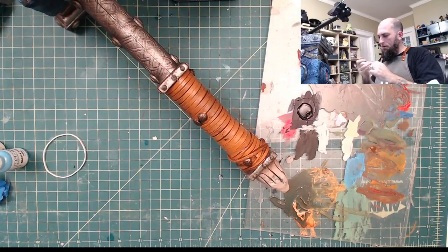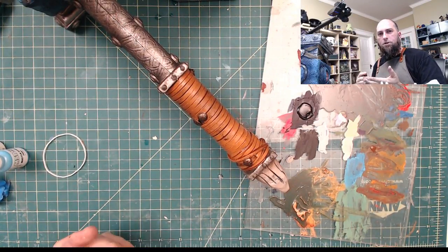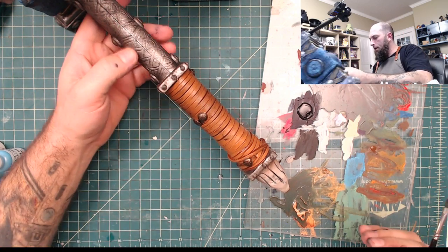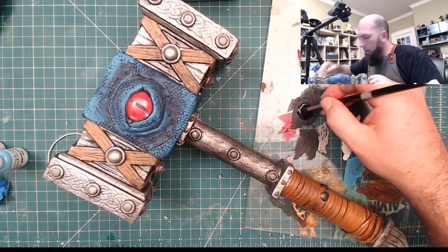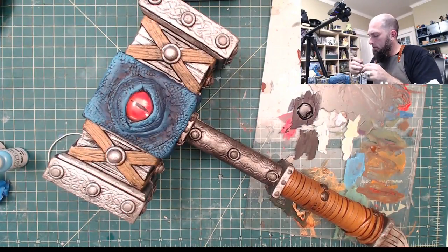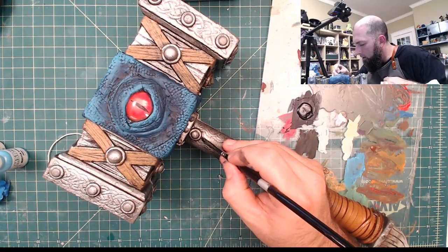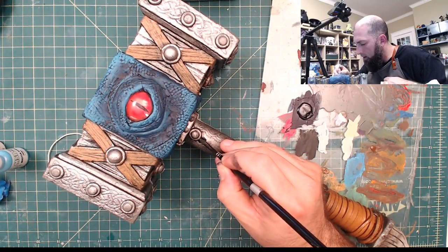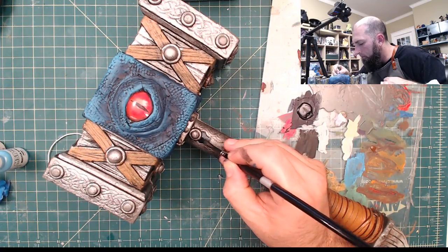Alright, so I'm going to do a little test because I'm not sure how this styrofoam is going to take the color. So I'm just going to take some of this Nightmare Black and pull all the moisture out of my brush. And I'm going to put it in this area that's a different pattern than the Celtic pattern along the side. Because I think if this had more contrast...